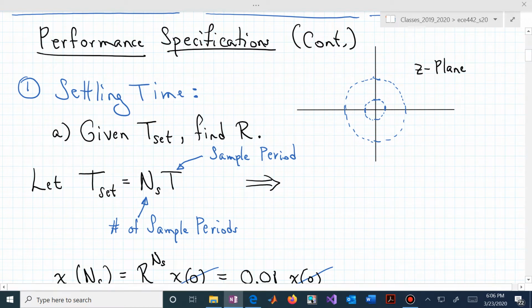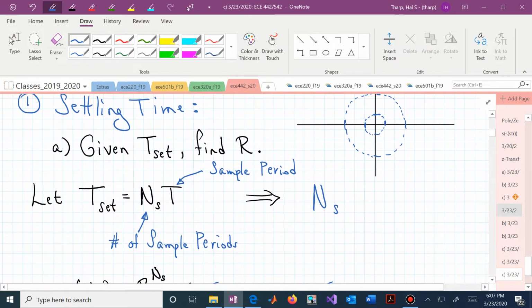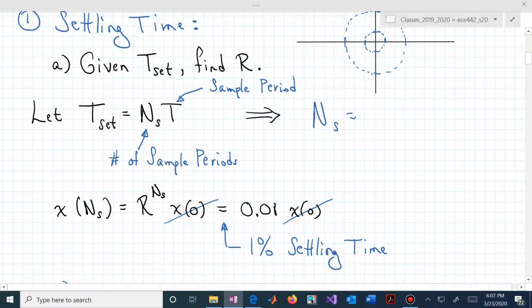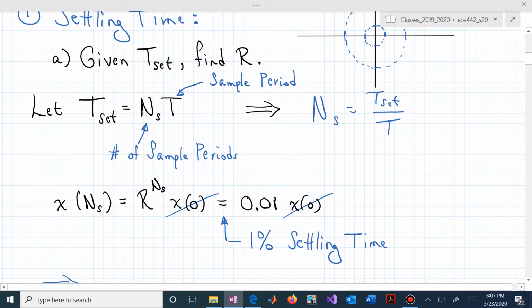So n sub s, in that particular case, solving this equation for n sub s says that that's just T settle in absolute units of time divided by the sample period in seconds per sample. That's now n sub s. Well, if we know n sub s, the number of samples to get us to within 1% of where we started, we can use this familiar expression, x, the value